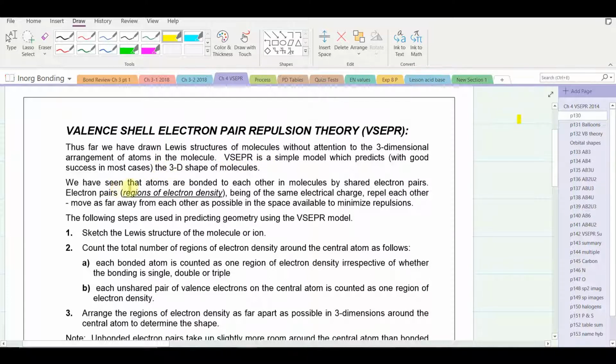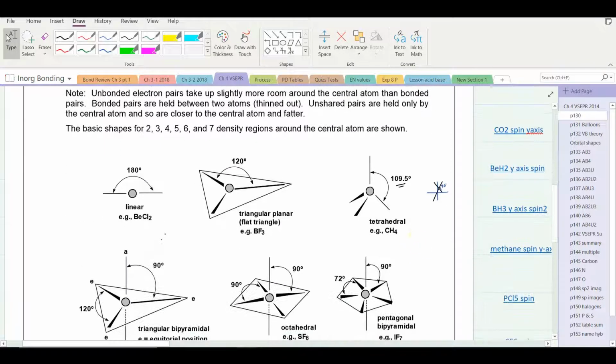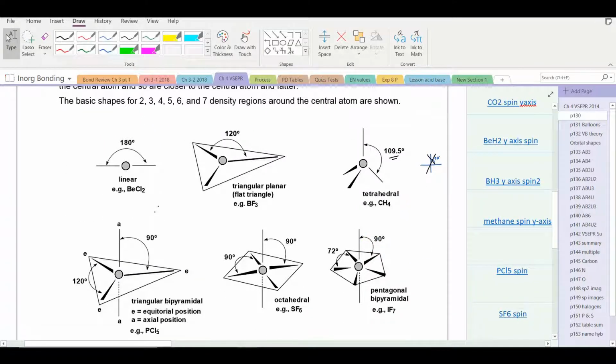So we've seen that atoms are bonded together in covalent molecules by shared electron pairs. And electron pairs, or electron clouds as I'll refer to them, being of the same electrical charge, they're all negative, will repel each other and move as far apart as possible from each other in three-dimensional space to minimize their repulsions. Here are some diagrams that show the arrangements in space of various numbers of electron clouds or bonds